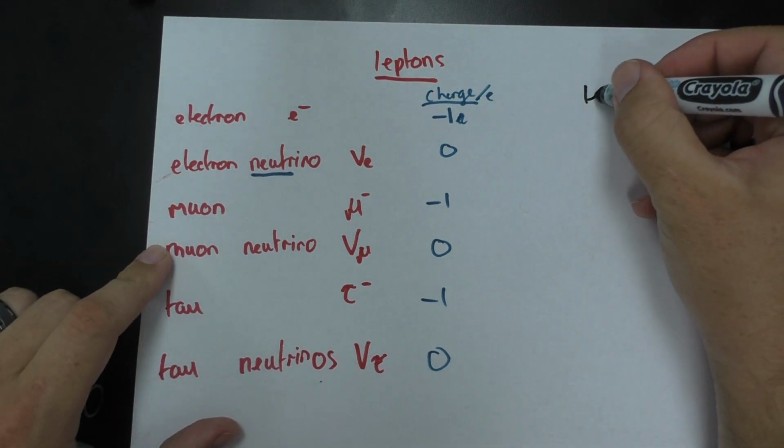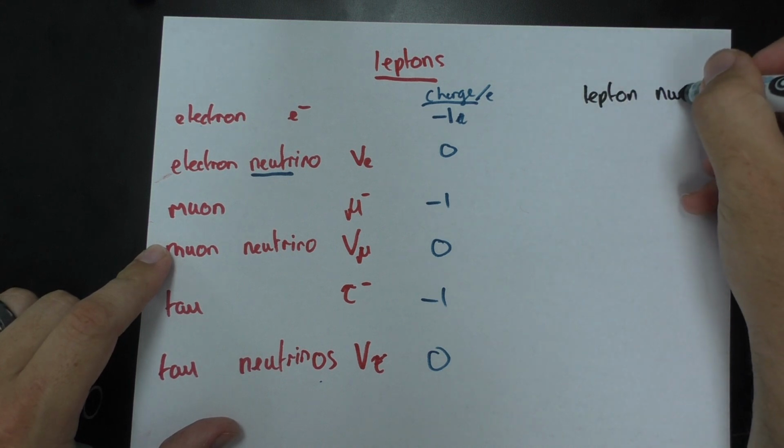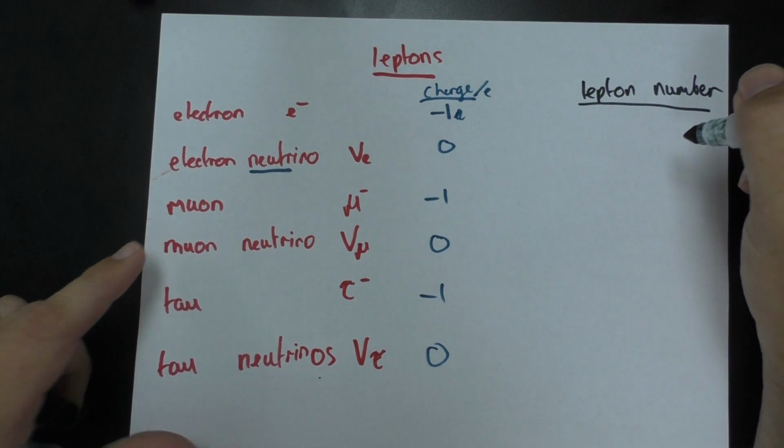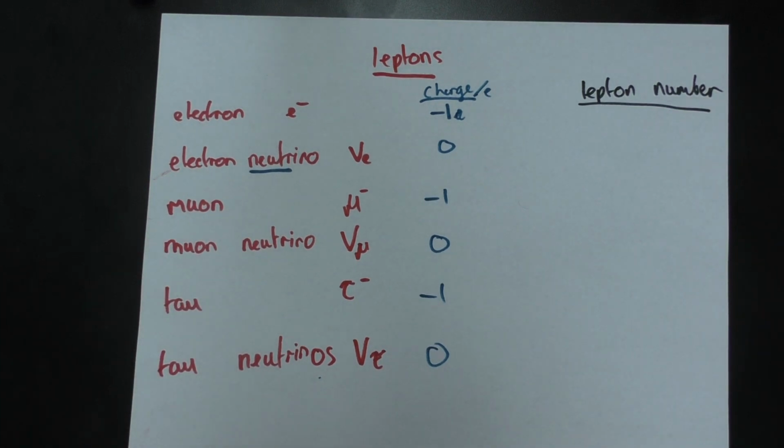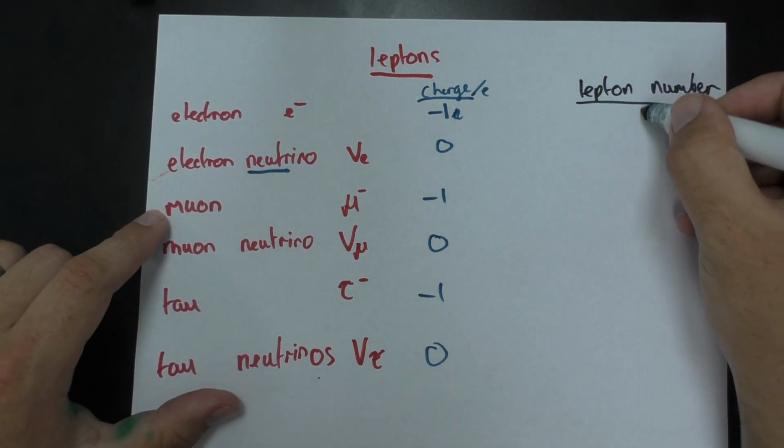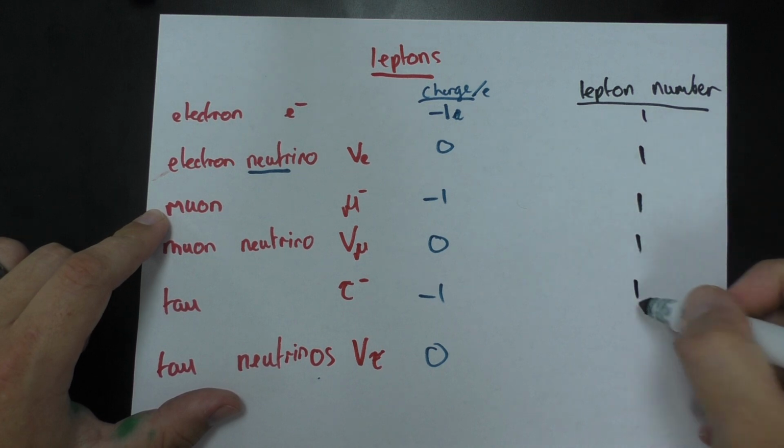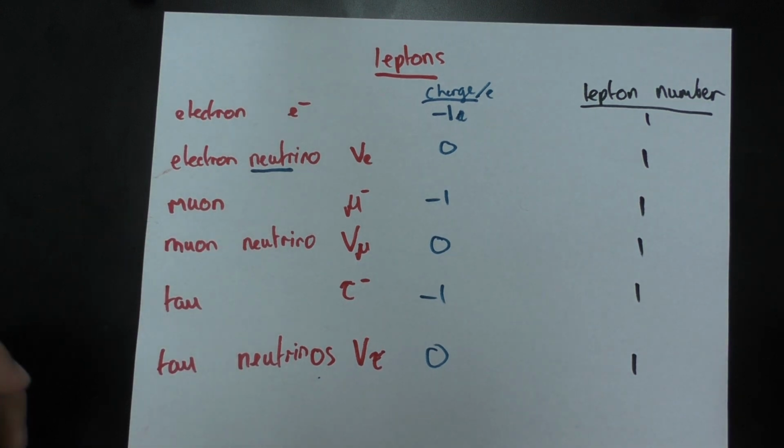And yes, there is another quantity that we need to consider. Think about lepton number. Now, lepton number is another quantity that needs to be conserved in the kind of reactions that we look at. Now, very simply, the lepton number of all leptons is really nicely just 1 in every case, because they are all leptons. However, there is an opposite way round. And I'm just going to use one example. I'm not going to complete the full table this time, because I don't think it's necessary after I did the one for the quarks. But each one of these